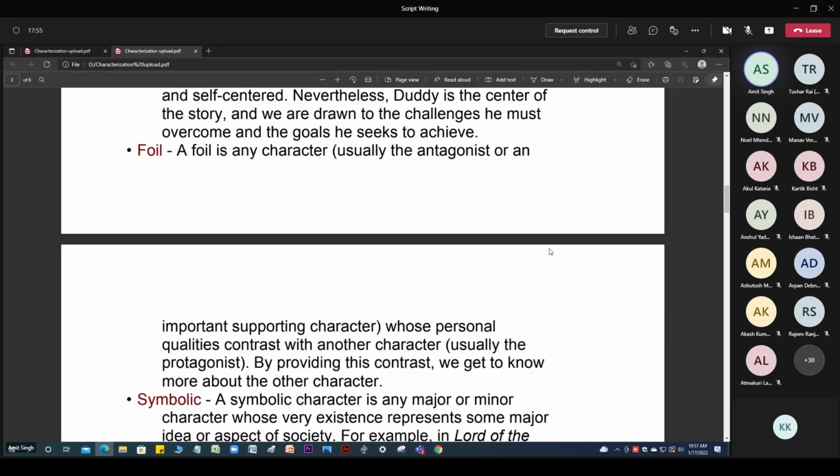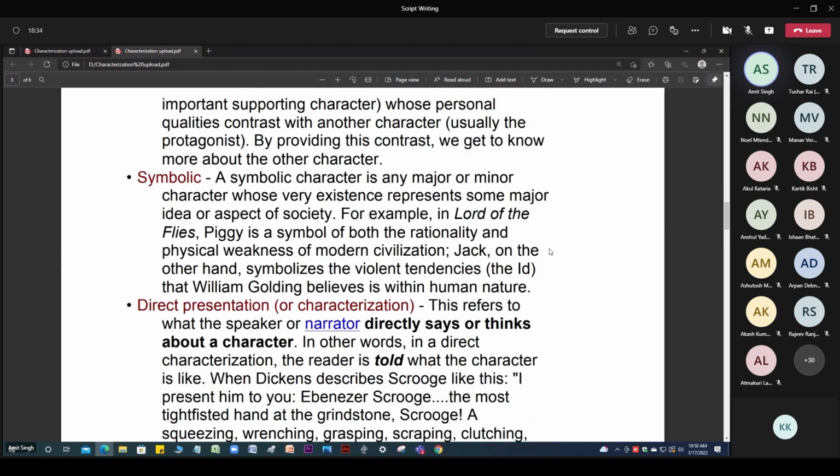So foil and symbolic. This is again related to antagonist. We might get confused if the protagonist is the antagonist. Simple things are there. Why are we going this deep? Because when you are studying, we have to go deeper and deeper. For example, in future, if you plan to go for higher study and research something, like the lack of animated movies in India or any part of the world, totally up to your choice, you have to go deeper and deeper, word by word also. So the same thing is here. Foil, symbolic, and these things are there.